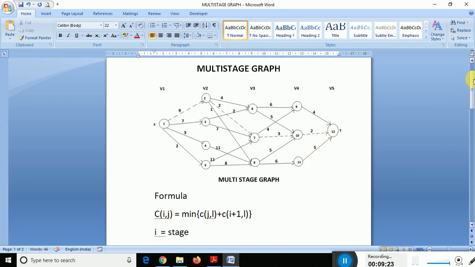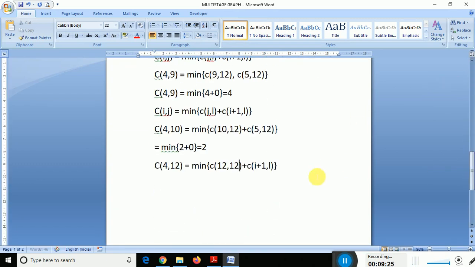Out degree of J is connected to 12 only. Here I plus 1, what is the value of I? That is 4. 4 plus 1 is 5. And L means 12. Same thing. So 4 plus 1 is 5, L is 12. So if we calculate this,